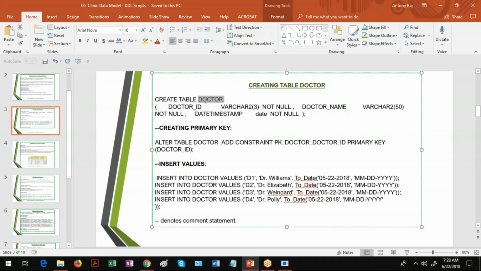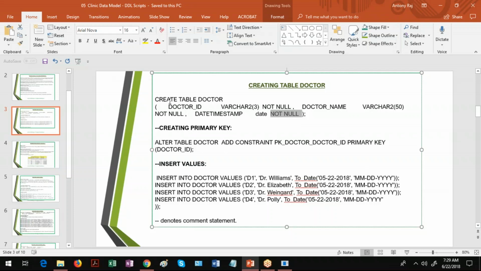Doctor is the table name. Doctor underscore ID is a column name. Varchar2(3) is a data type. Not null is a constraint. Doctor name is a column name. Varchar2(50) is a data type. Not null is a constraint. Date timestamp is a column. Date is a data type. Not null is the not null constraint.